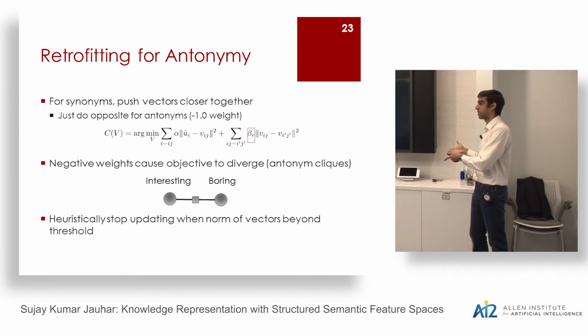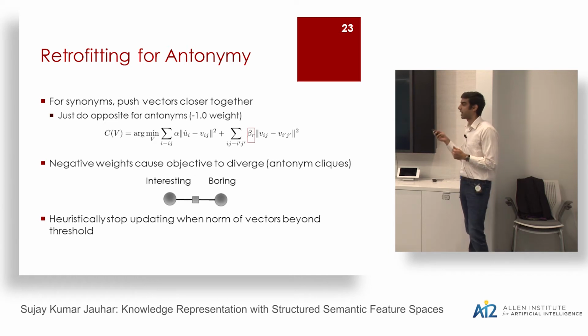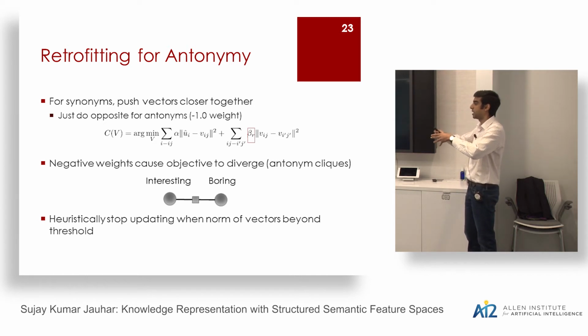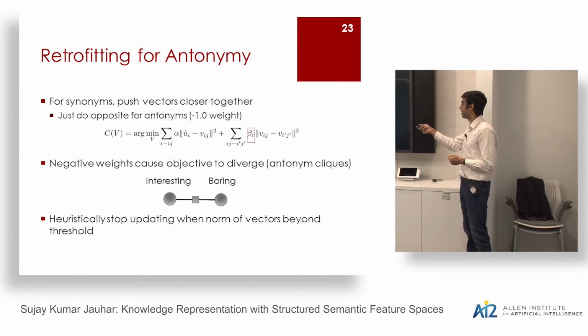It turns out that with this process, you can account for that problem and sort of solve it. Which is basically the weights that we introduce for each of the kind of factors. We put a negative weight on that instead of a positive weight for, say, synonyms, hyponyms, and hypernyms. And the only problem that we have to now deal with is that because we have negative weights, if things occur in cliques and each of them is antonymous to the other, basically your objective can diverge arbitrarily. And so we basically heuristically stopped updating specific terms when the norm of the vector grows beyond a certain point.